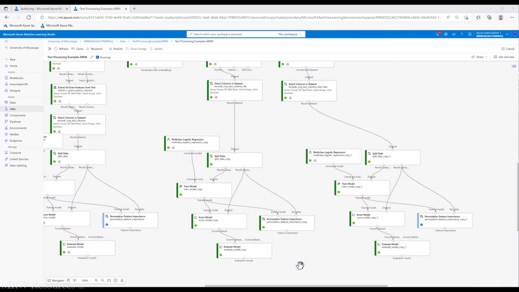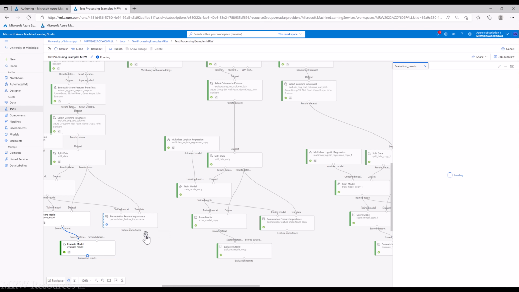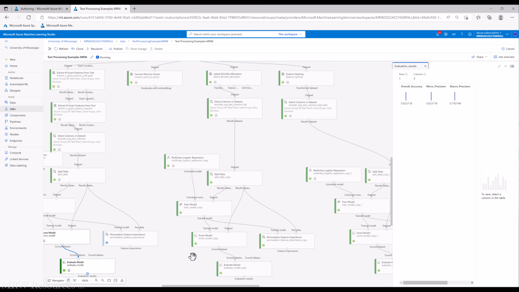While our other two PFIs are finishing, we can take a look at our evaluate models and just see how they did. So overall accuracy 0.82, precision 0.82 to 0.79, recall 0.82 to 0.76. That was our n-grams. If we look at the LDA model,